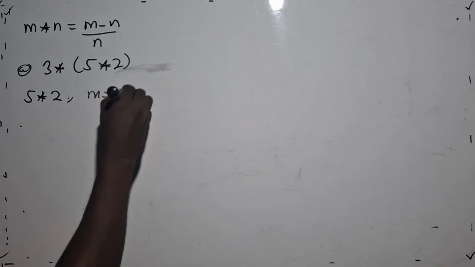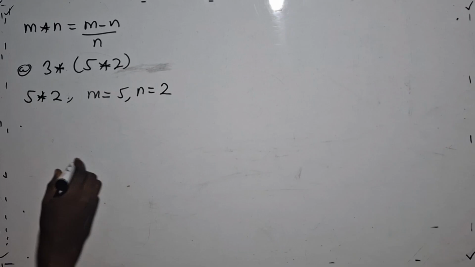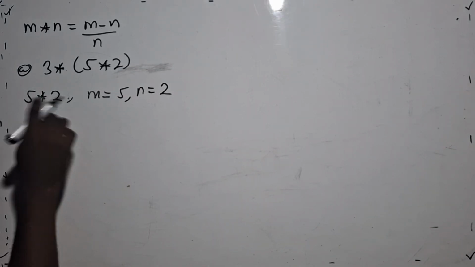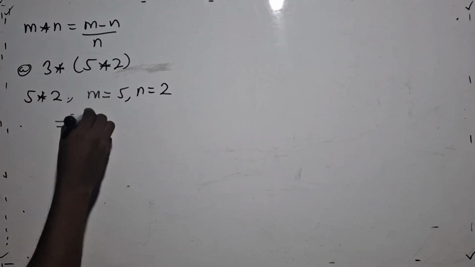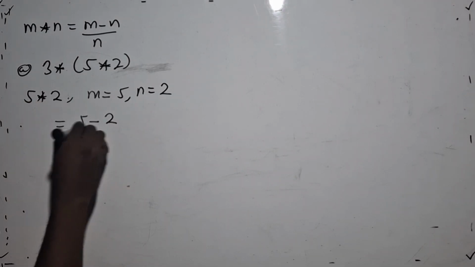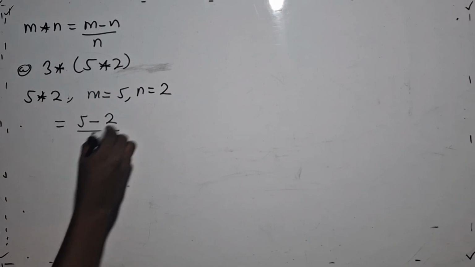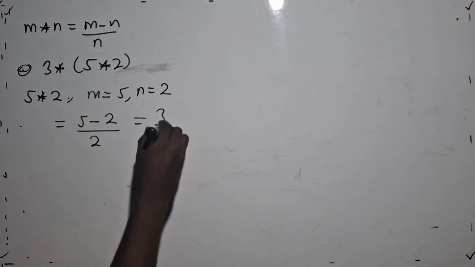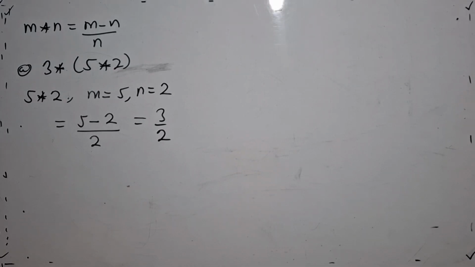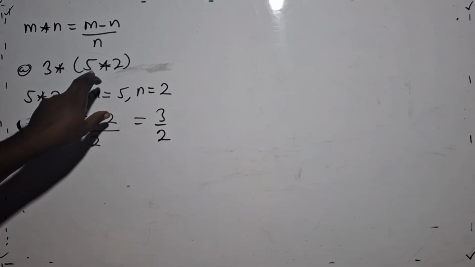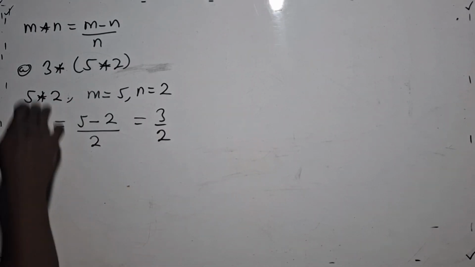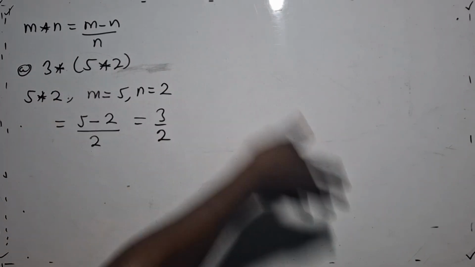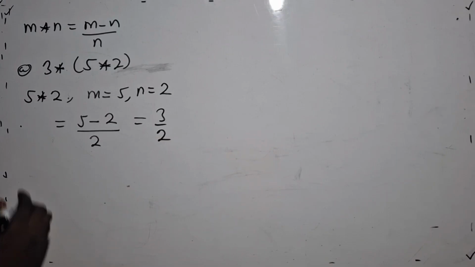So here, now m is 5 and n is 2. Follow closely. We have m, 5 minus 2, all over n, which is 2. So 5 minus 2 will give us 3 all over 2. So we have solved this one. Now we have to combine the 3 as our left side element. Then this one will become our right side element. So now I'm going to have 3